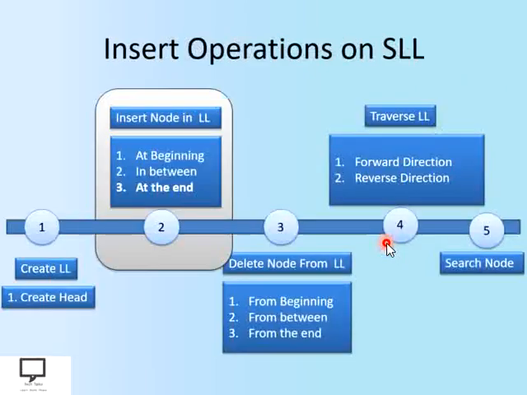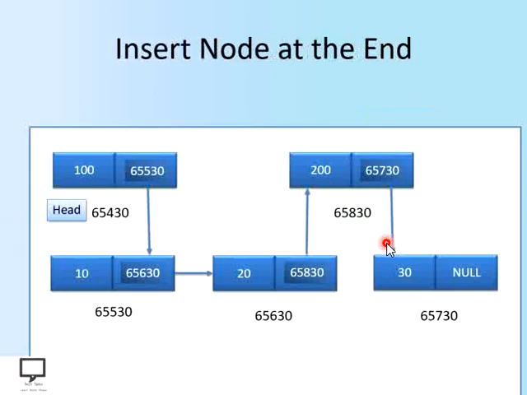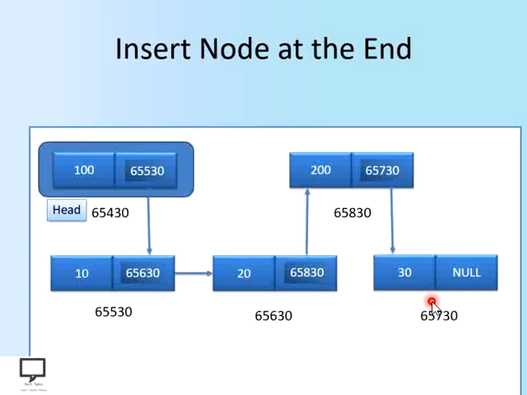And now let's move forward to the last way of insertion, that is at the end position of the linked list. Now let's assume we have these 5 nodes with us, and we are supposed to insert a node after the last node. Now this is the last node. So what steps do we have to follow? We have to traverse the linked list till the end of the list. So now let's start the traversal from the head node. This is the head node.